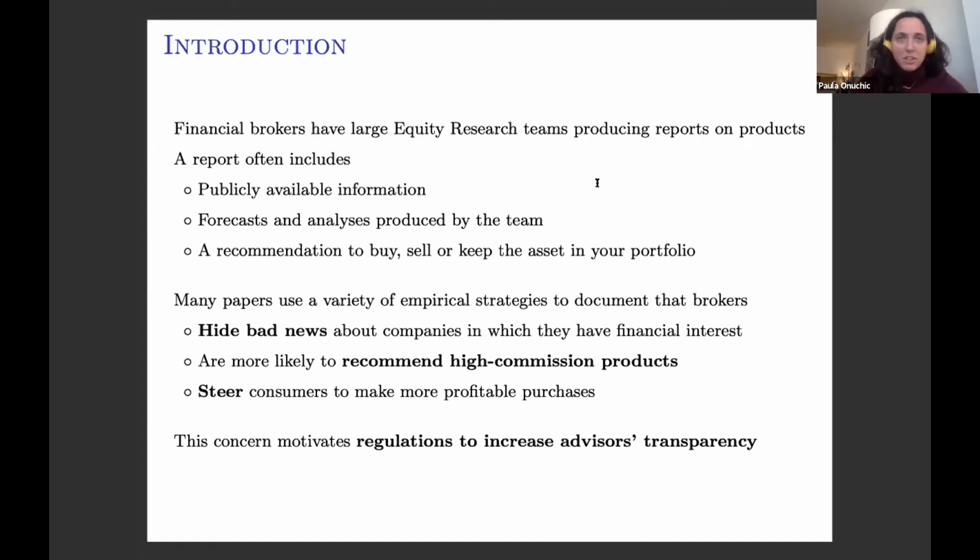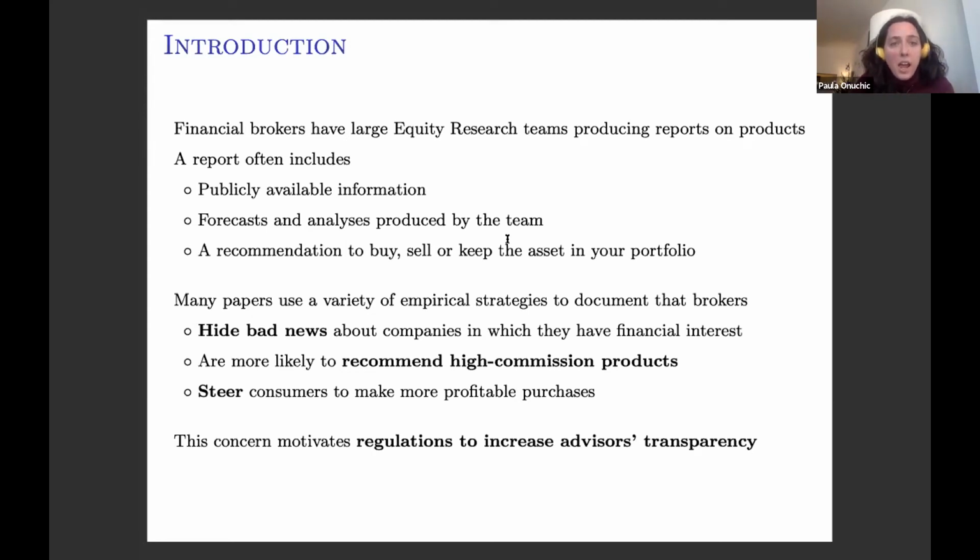There are different policies in different countries on how to address this. In some countries, financial advisors are required to disclose all the commissions they receive from product providers. In some other places, there are caps on what commissions you can accept, and so on. So just to say that this is a big issue of contention, okay?